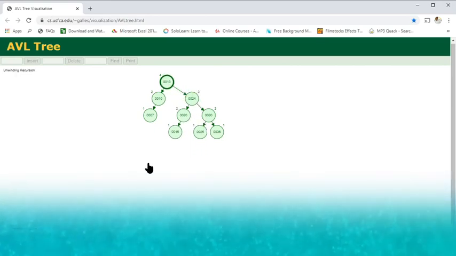Alright, now check the balancing factor again. Here 2 minus 2, 0, here again 2 minus 3, minus 1, it's balanced. Alright, hope you are clear about this AVL tree. You can use this visualization, you can use any numbers. If you have any doubt, if you want to remove any element, if you want to find anything, use this particular visualization. It's really good.